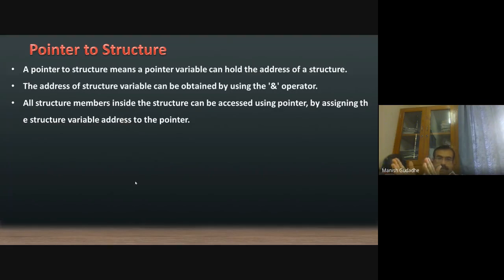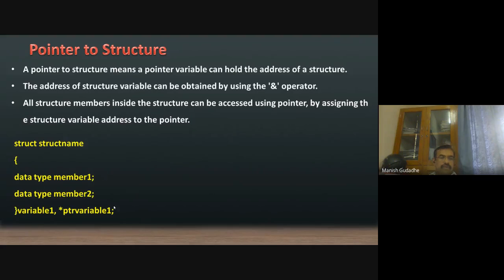As we declare a structure variable like AVG1 or student1 and access those members, similarly we can access the members using a pointer variable, but we need to give the address to it. So how can it be declared?